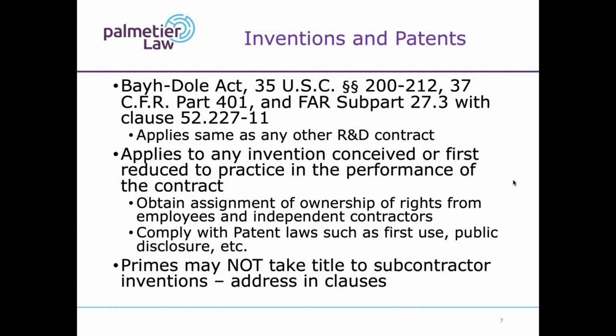Some of the key parts: you have to ensure that your employees and independent contractors are assigning ownership to you. Even if you are paying for an employee to do work or an independent contractor to do work, companies do not automatically own what their employees create by virtue of the employment relationship. There has to be a document by which that intellectual property is assigned to the employer. It usually is part of the employment agreement. But if you're the small business owner and you do not have that assignment, you need to go get it. You need to do it right, correctly. So talk with a labor lawyer, HR person, or somebody.